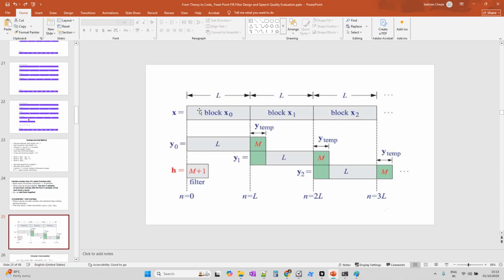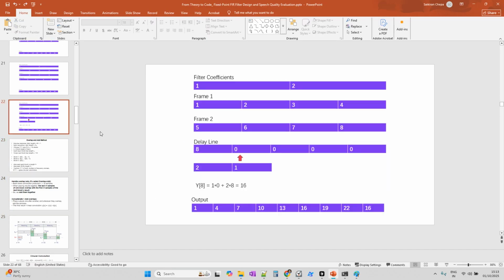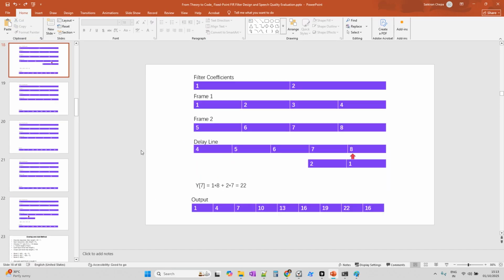Take the FFT of the first block of x and the FFT of this. Element-wise we'll multiply the FFTs, and then we take the inverse FFT, and we'll get this y naught, of L plus m size. But the problem is, these m values are there, right? They are having only partial convolution. What I meant to say is, if you see here,